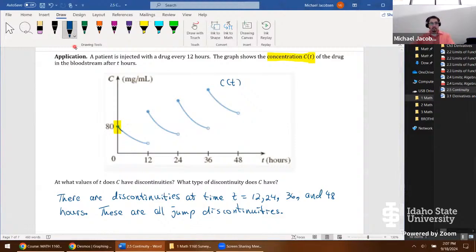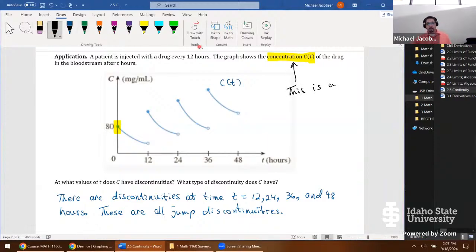At around 12 hours, we have a concentration that goes like this, and then we want a surge function that comes up and around and then comes down, another surge, and so on. But we have to make sure that this is defined in a way that doesn't violate the vertical line test. That's why this model would be really complicated. But the one that's actually provided with the real discontinuities, this model is just a little bit easier to work with. It's not a full match of reality, but we'll say here,